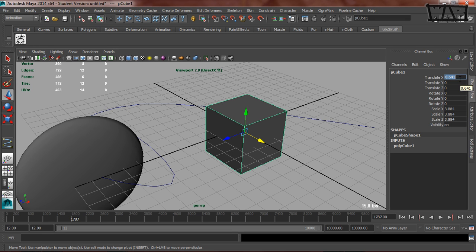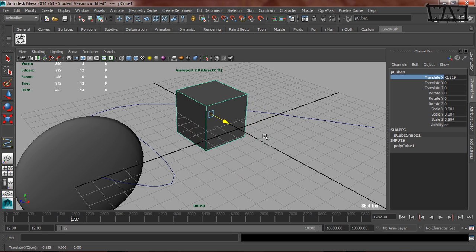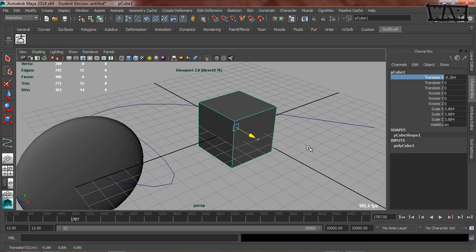Well, it turns out that I can set this value manually over here by entering a new number if I want to, or I can select the attribute name and then I can middle mouse click and drag and adjust that value. That can give me a little bit more precise control. You can do that for any of these things. So if I select the rotate,